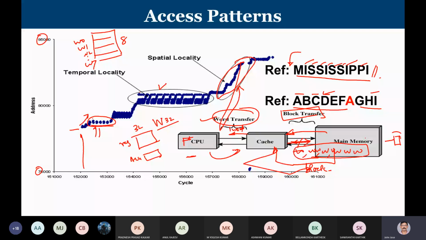So in short, main memory is logically divided into blocks. Cache memory also is logically divided into blocks. And data transfer between main memory and cache happens at the block level. Block is nothing but multiple words. Whereas data transfer between cache and CPU is at the word level, because at any point in time, CPU requires only a word. Now, why am I bringing a block, rather than bringing a word from main memory? It takes a lot of time